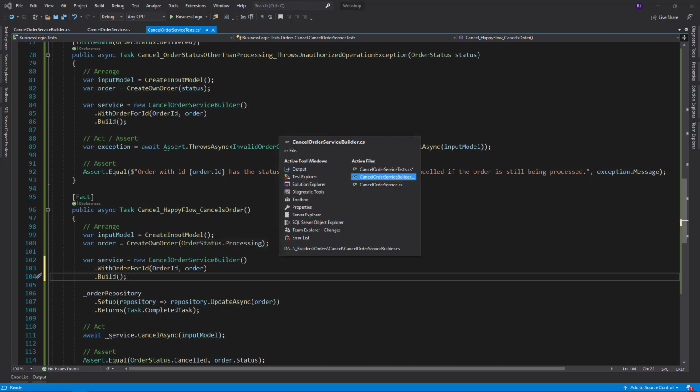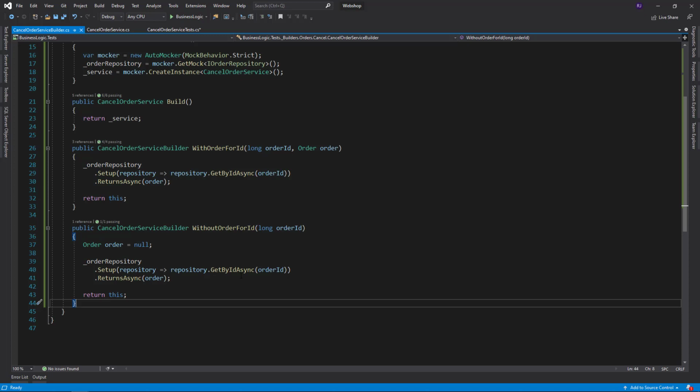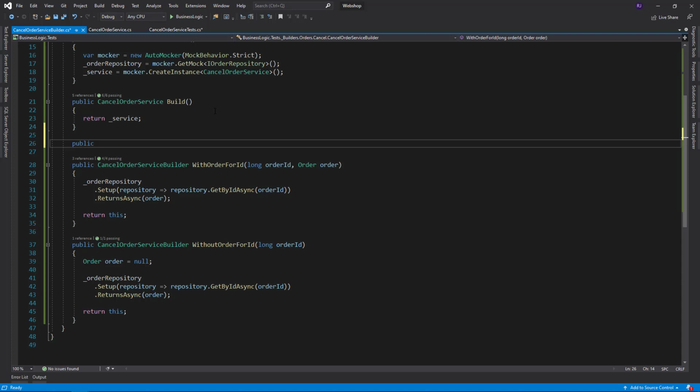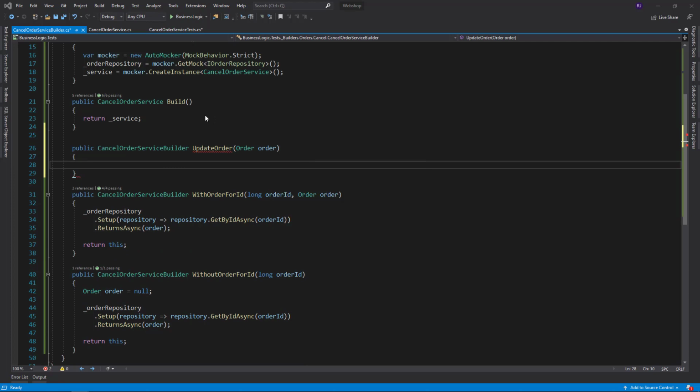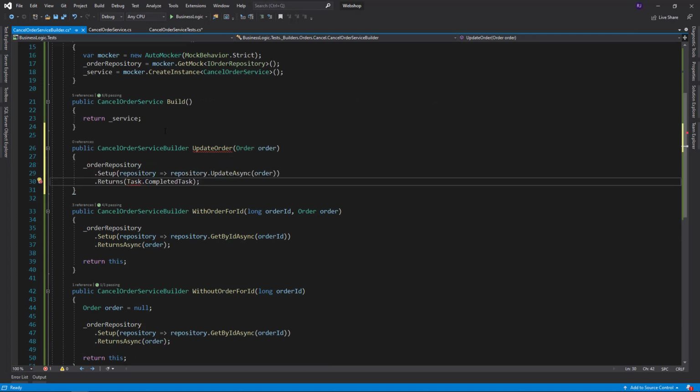So again, we will go to the builder and we will create a method. Let's start with the return type, that is cancel order service builder, and we will name the method update order. It will take an order as input parameter, and we will then copy this,